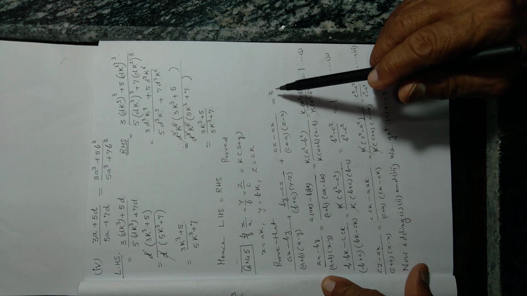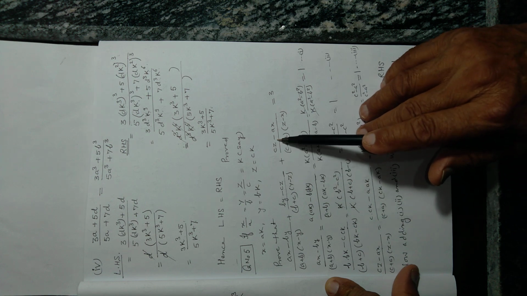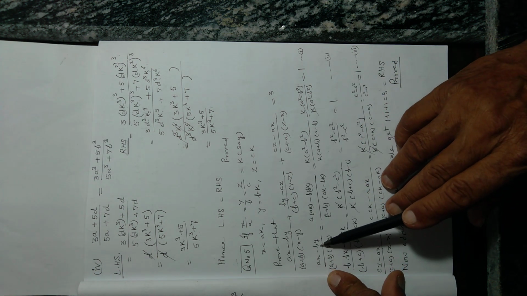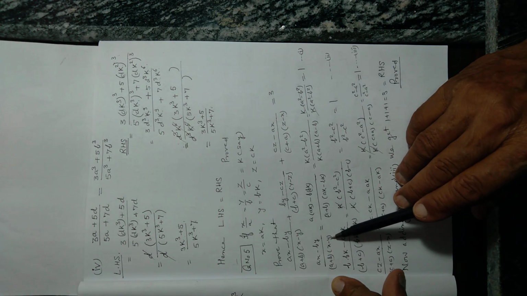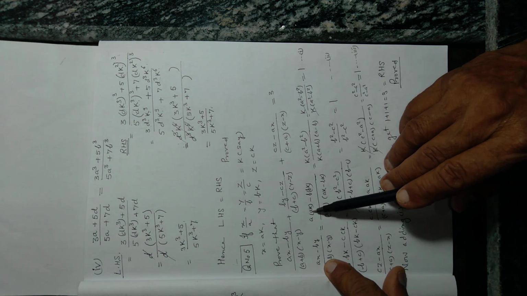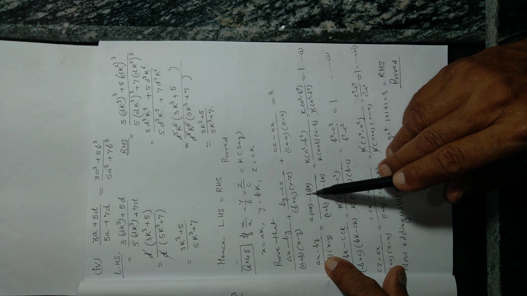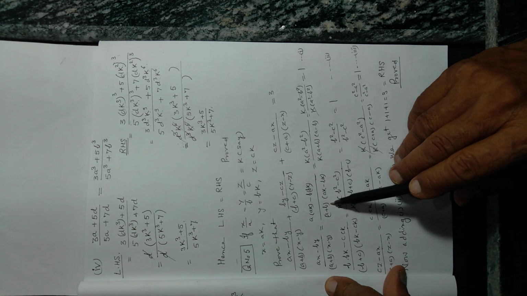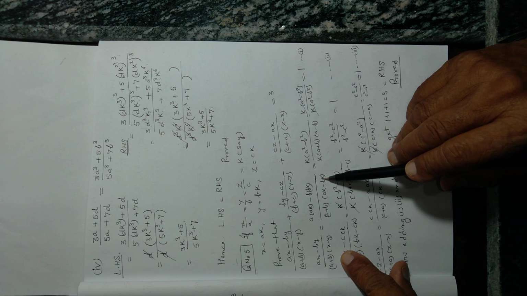So first of all, you see I have proceeded like this: first term, second term, third term. First of all I have solved the first term, ax minus by upon a plus b into x minus y. For a I have written a as it is. For x I have written ak. For b I have written b as it is. For y I have written bk, whole upon a plus b. For x again I have written ak minus bk.